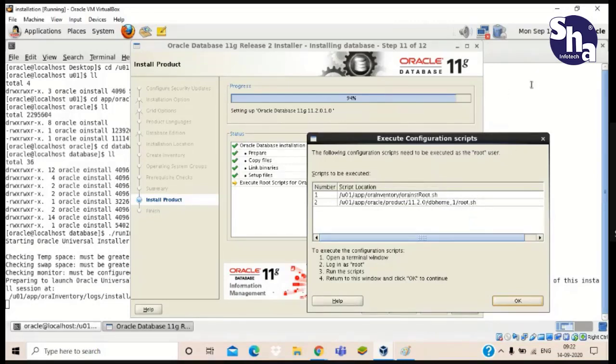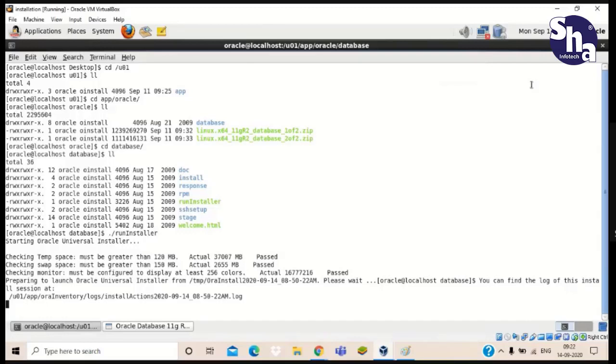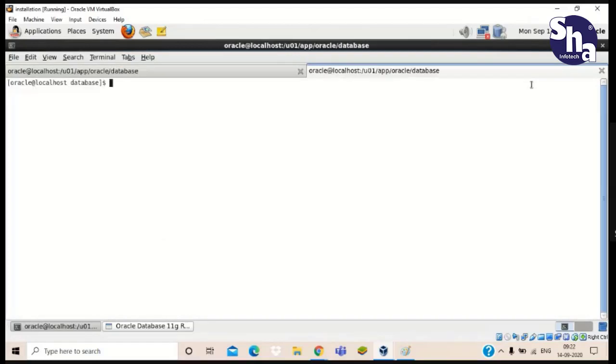Now what we have to do is open another terminal. We get another terminal by using the shortcut key Control Shift T.